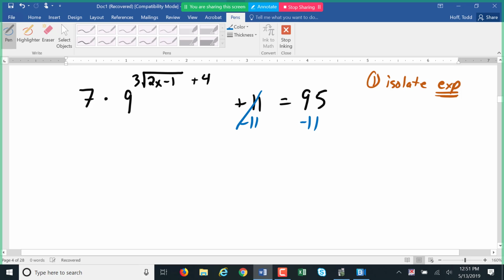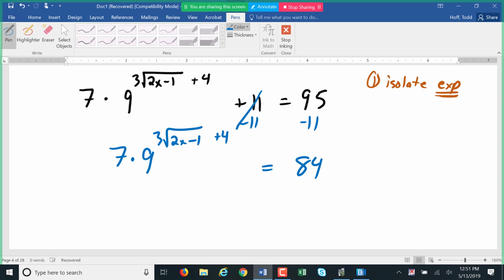Perfect. We subtract the 11, so we're left with 7 times 9 to the power of 3 times the square root of 2x minus 1 plus 4 equals 84. And then we need to